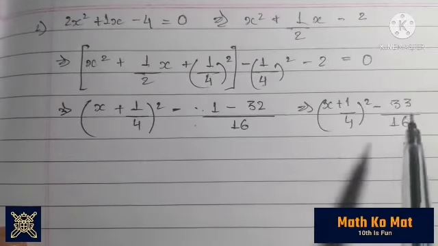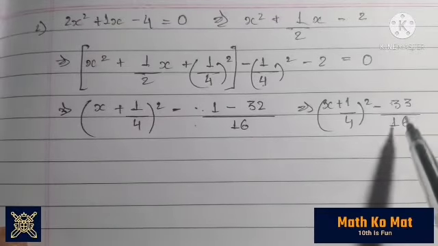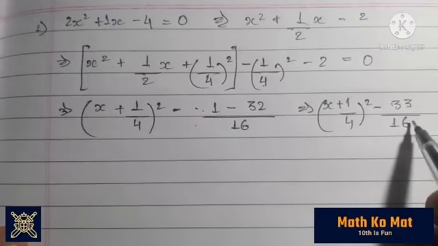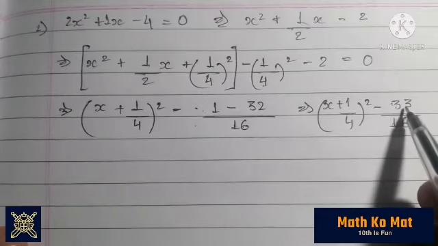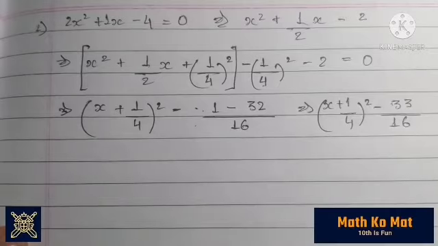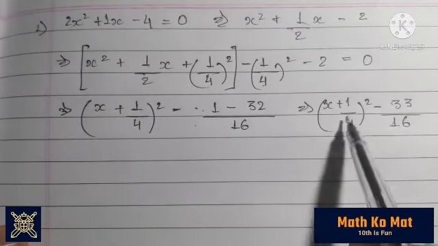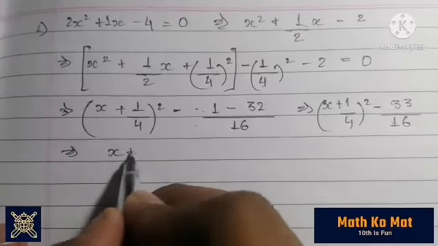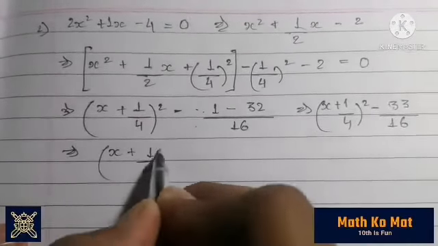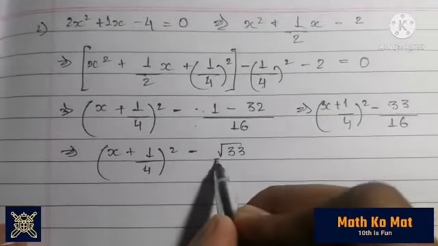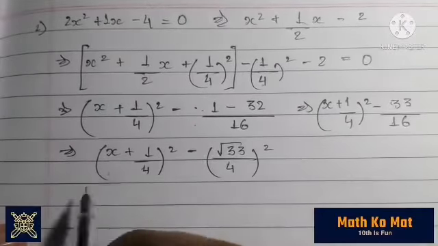So now as you can see, you are having a certain situation that is creating a problem, as we are not getting the situation as we have got in the previous question. But you can see this 16 is 4 square and this 33 is under root 33 whole square, because under root 33 into root 33 will give you 33 only. So now you can use the a square minus b square identity. So let me write it in the form x plus 1 by 4 whole square. So this is your a square, for instance, minus under root 33 by 4 whole square. So now this is your b square.